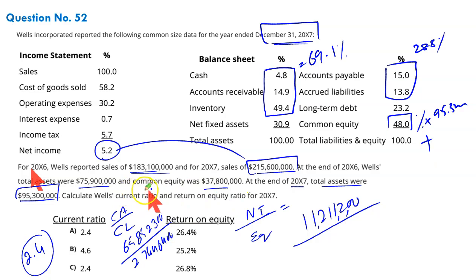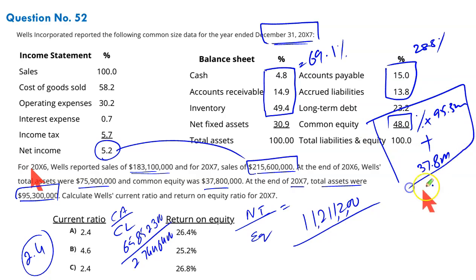It has been given. Common equity was 37.8 million, so 37.8 million equity last year. Current year equity is 48% of 95.3 million. Add these and divide by 2 to give you the average equity. So 48% of 95.3 million is 45.744 million. To this add 37.8 million, and divide by 2. So the average equity is